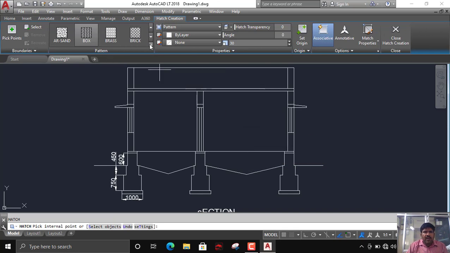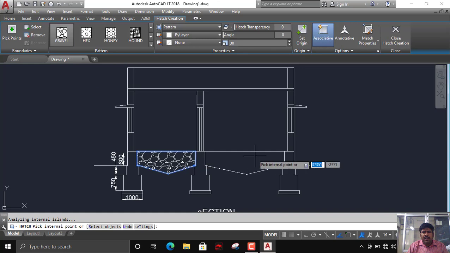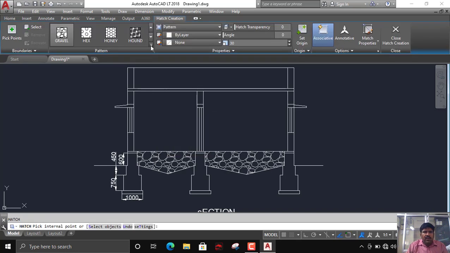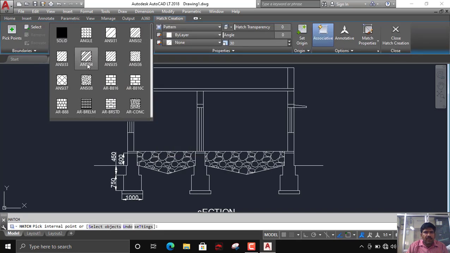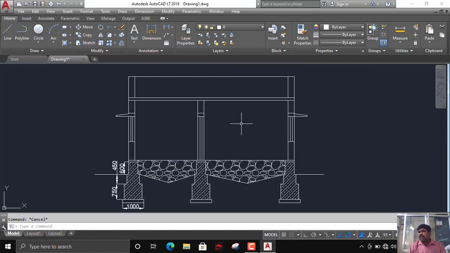You can select any hatching, just soil like this. For flooring, you can show hatching. For masonry also, you can show masonry hatching. For brick hatching, you can complete this.